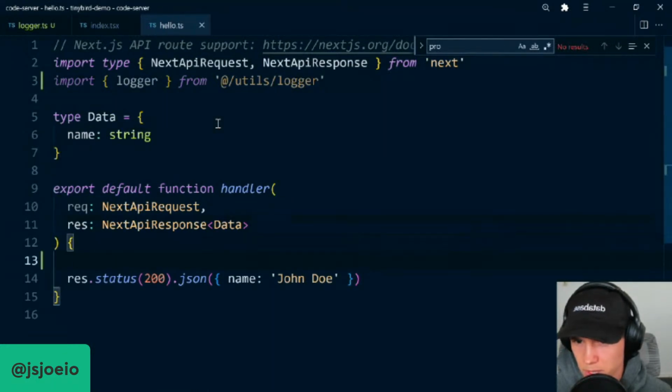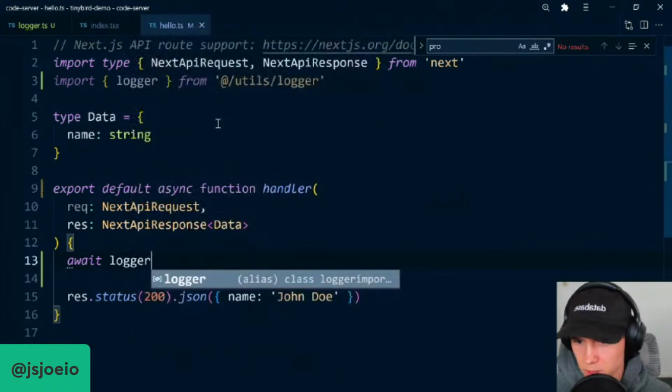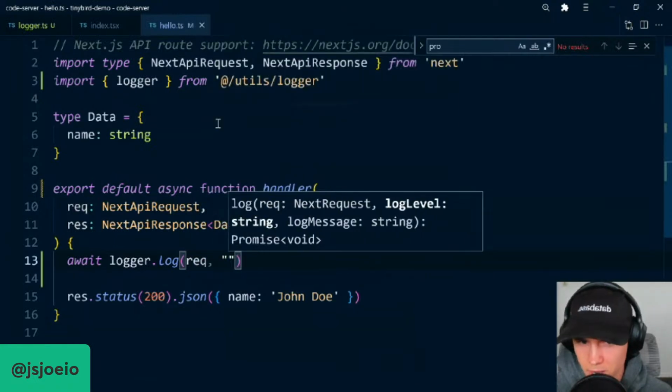And we will say, is there an async? No. Export default async. We will say await logger.log. Pass in the request and then our message or log level. Wait,